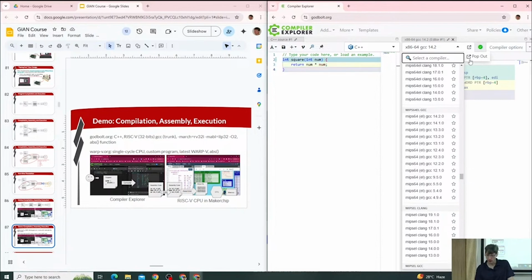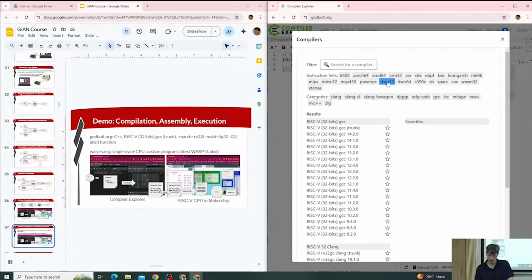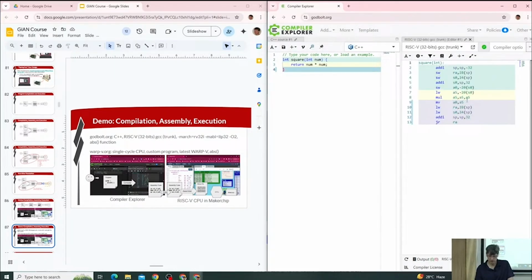I'm going to use this pop-up, which is a little bit easier to navigate since there are so many. And this will let me click on, who sees RISC-V? It moved on me. Here it is, RISC-V 32-bit. And I want GCC trunk, this one. So this is RISC-V assembly language,